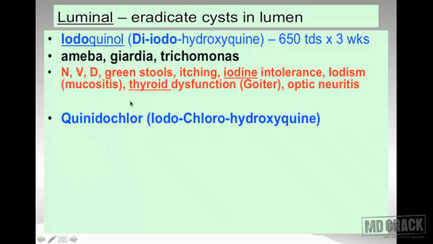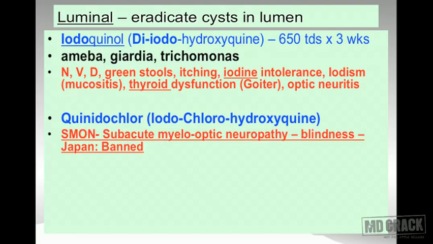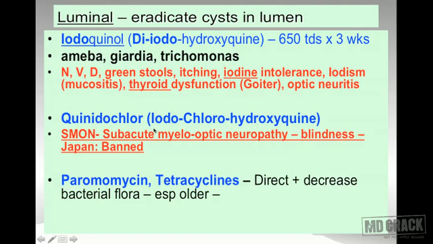So that's diiodohydroxyquin. There was another derivative or related drug called clioquinol, or iodochlorohydroxyquin. This drug is now banned. This is not used. What's the reason why the drug was banned? Because this drug produced subacute myelo-optic neuropathy and blindness many years ago in Japan, and it was a disaster, and after this clioquinol is banned. But you could be asked sometimes in your multiple choice questions about this particular illness, subacute myelo-optic neuropathy and blindness, an important adverse effect for clioquinol.